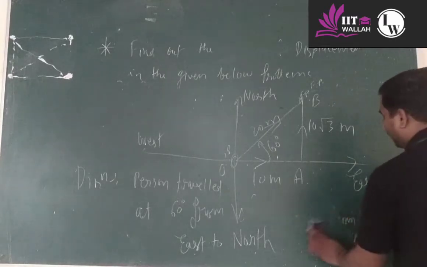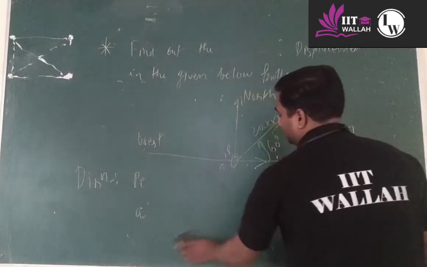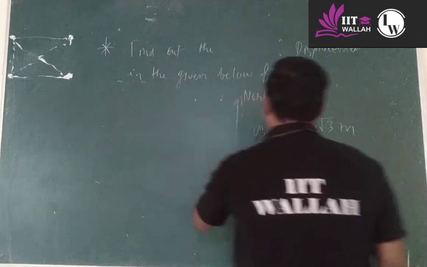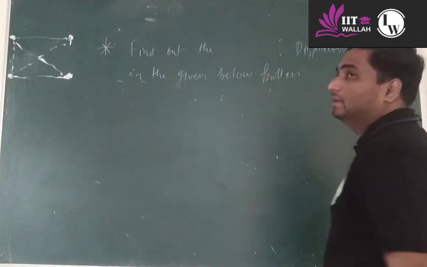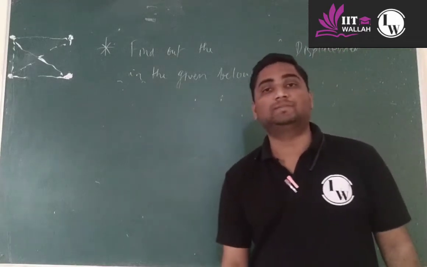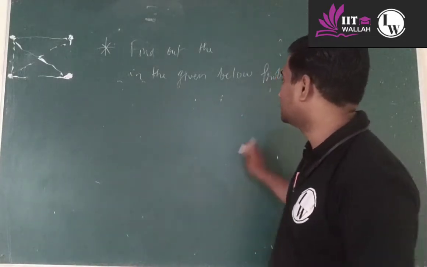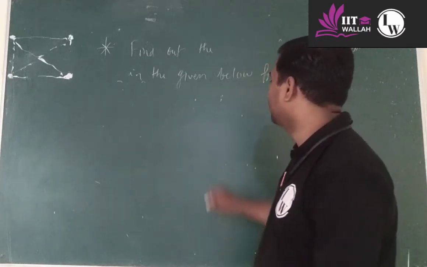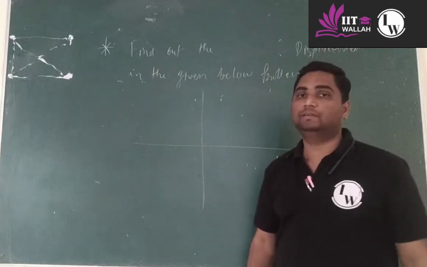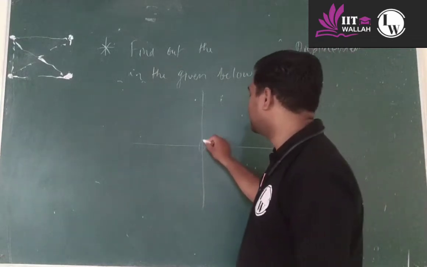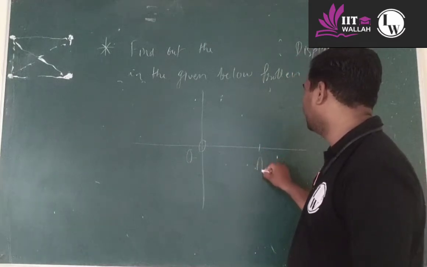Now write down another question on displacement, where you have to find the displacement and direction of motion of the body. Write the question in the same Cartesian plane. The person starts from the origin and goes up to the point A.